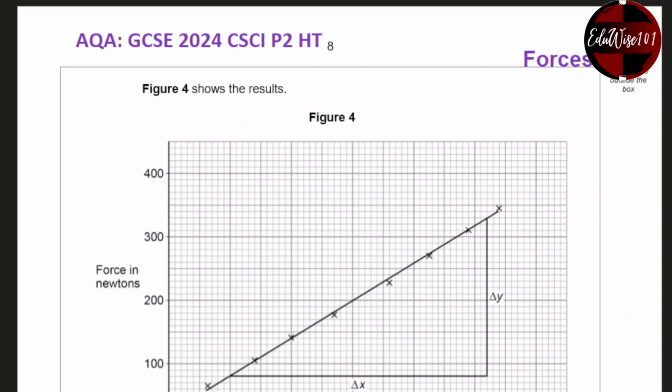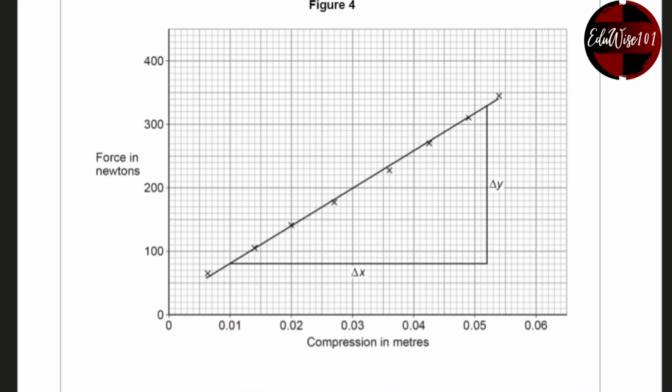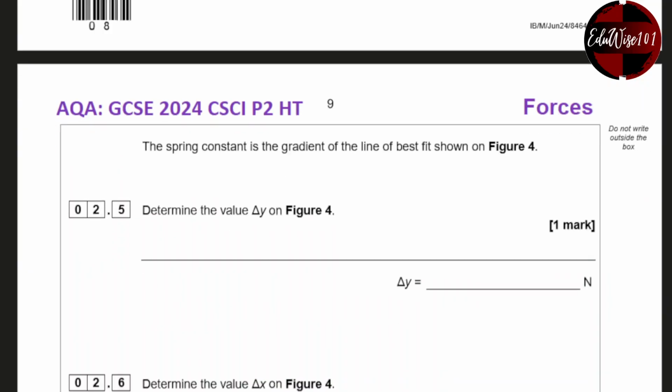Figure 4 shows the results. So you've got the force in newtons here from 0 to 400 on the y-axis, and the x-axis is the compression in meters. It looks like it's a linear relationship because it's a straight line, and if you were to extend it, I think it might actually go through 0. The spring constant is the gradient of the line of best fit shown on figure 4. Determine the value